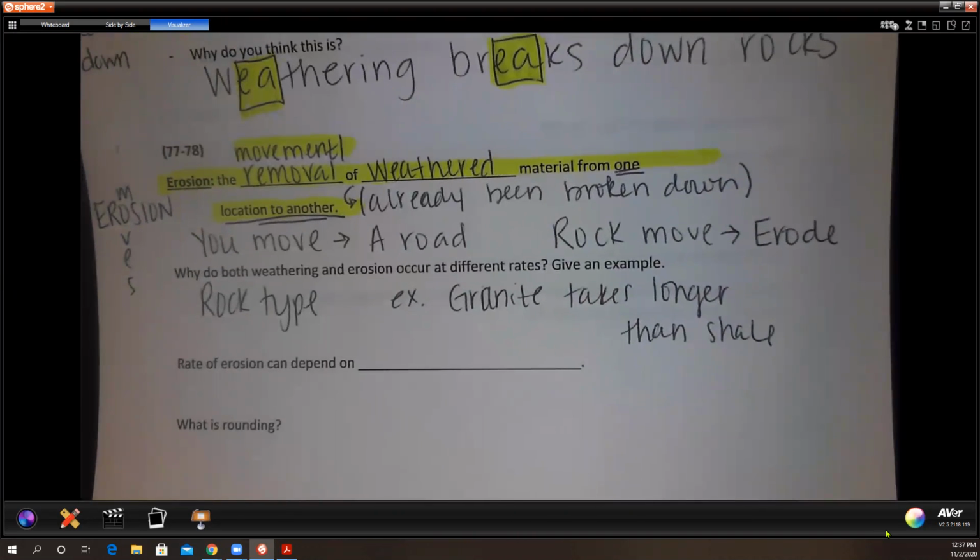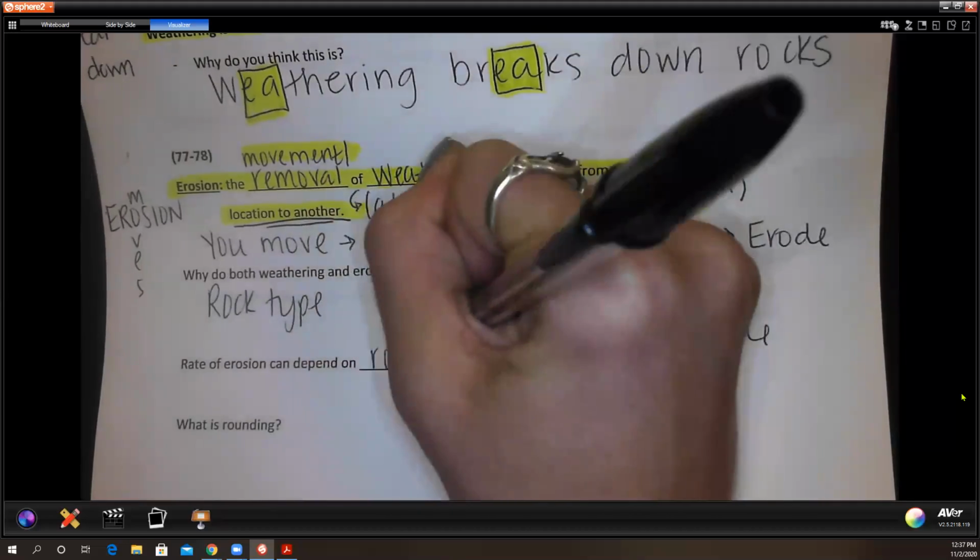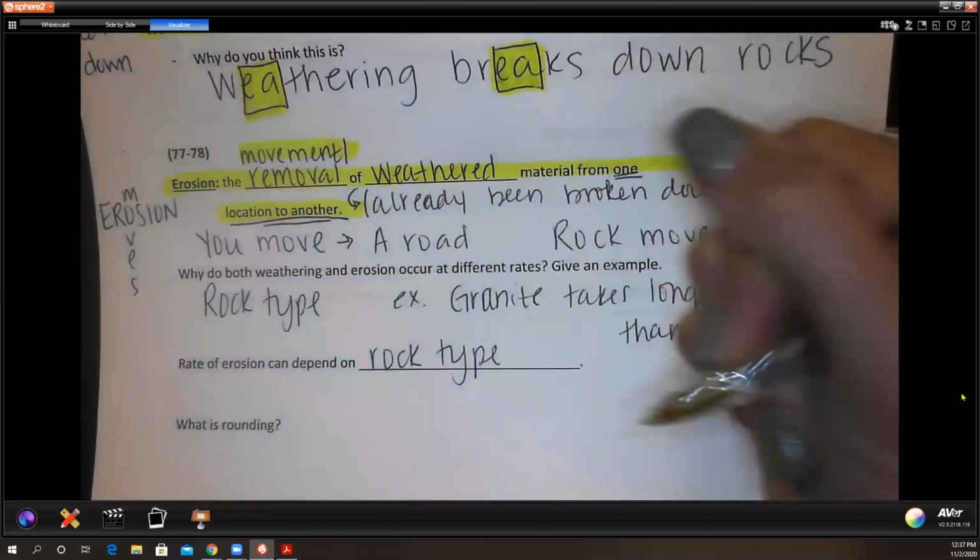I always think about it like this. Which one is easier to dissolve in water, in coffee or tea, Splenda or regular sugar? Splenda is easier to dissolve, because it has different properties. Rocks have different properties too. So it's basically like sugar. Rate of erosion can depend on rock